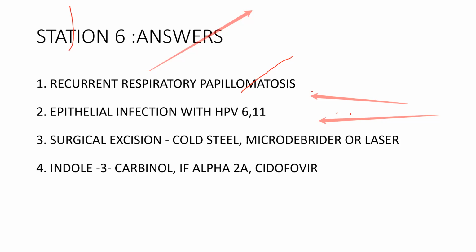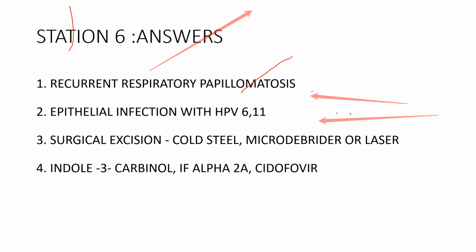So when you are asked about recurrent respiratory papillomatosis, what is the organism? You have to write 6 and 11 human papillomavirus. That is the main virus which is responsible for this. And for the treatment of this respiratory papillomatosis, there are so many studies going on with regard to this particular